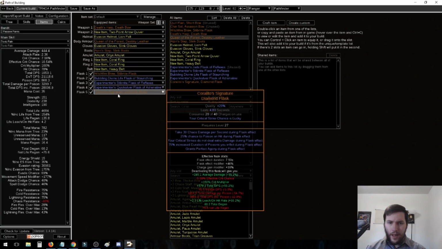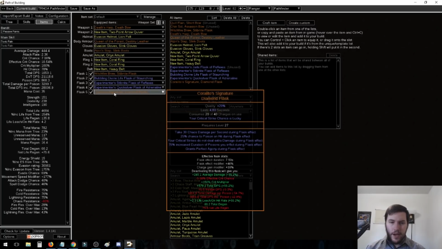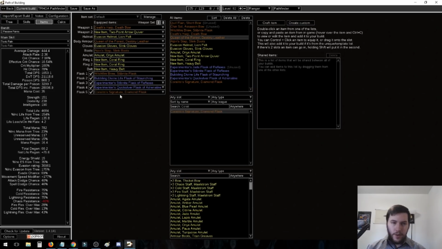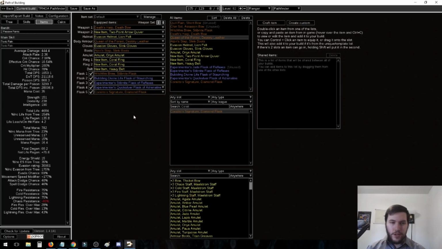Other than that, I like Coralito's Signature, which gives a bunch of additional benefits. We do take some chaos damage over time during the flask effect, which means we might want to build up some chaos resistance. But it gives us increased chance to poison, putting us up to 85%, and we'll get 75% increased duration of poisons during the flask effect, and it grants perfect agony as well. So pretty nice. It's a diamond flask. We're not going to be getting crits from it, but other than that, we just want to make sure that